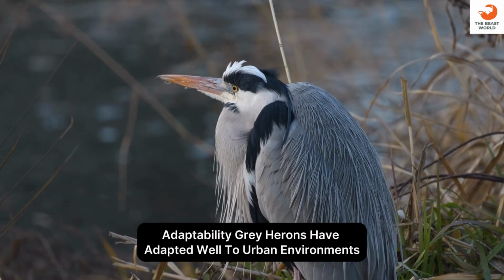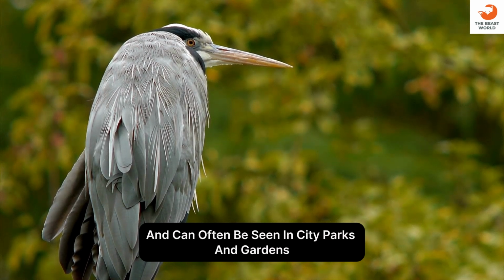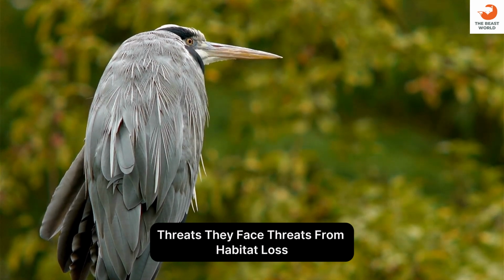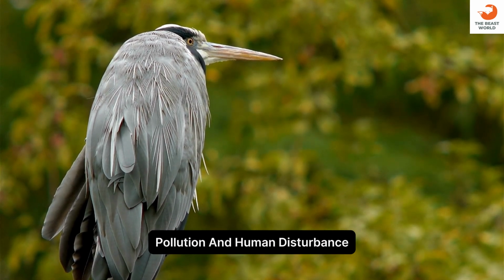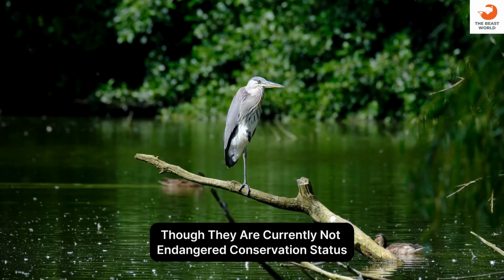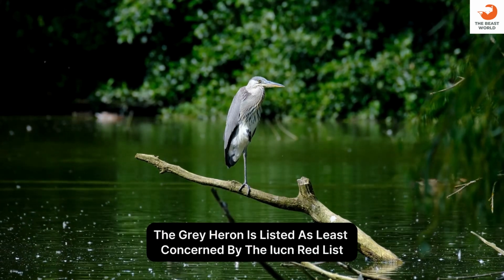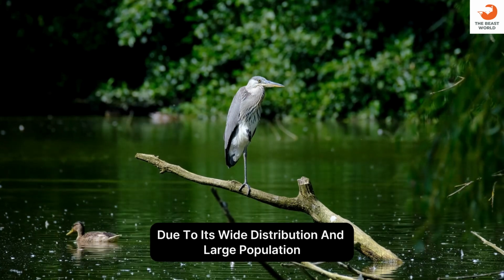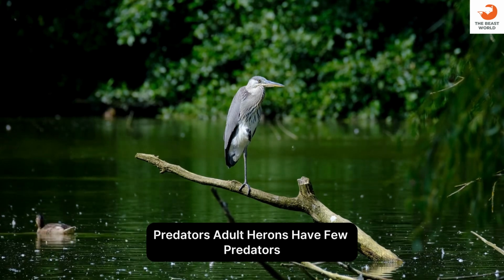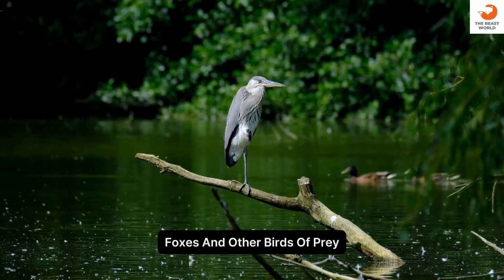Adaptability: gray herons have adapted well to urban environments and can often be seen in city parks and gardens. Threats: they face threats from habitat loss, pollution, and human disturbance, though they are currently not endangered. Conservation status: the gray heron is listed as least concern by the IUCN Red List due to its wide distribution and large population. Predators: adult herons have few predators, but eggs and chicks are vulnerable to crows, foxes, and other